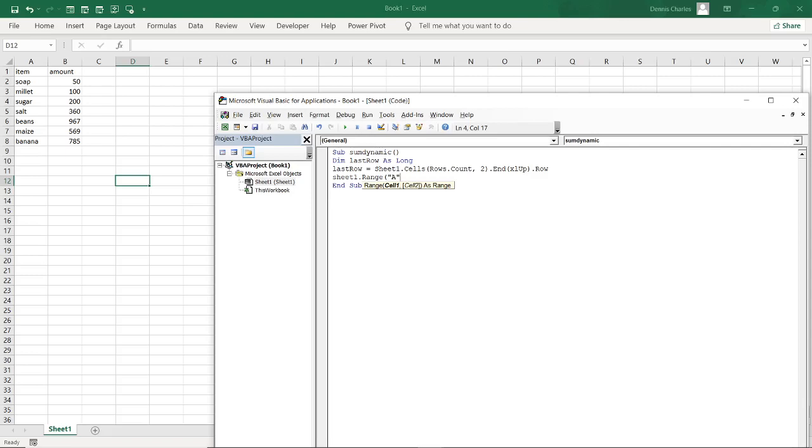That is A, and so we use A and the last row. Remember, the last row will be 8. So the last row plus 1 will be displaying total in 9. If the last row is 12, then it will be displaying total in 13. So plus 1,